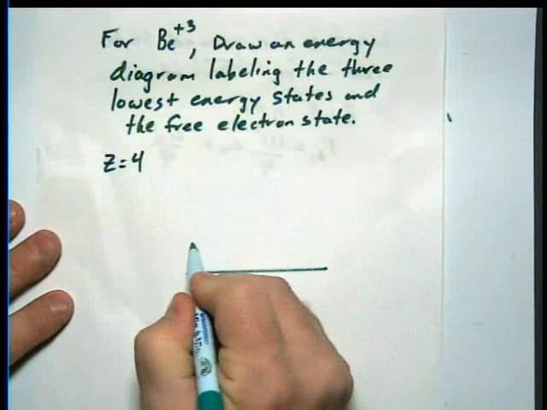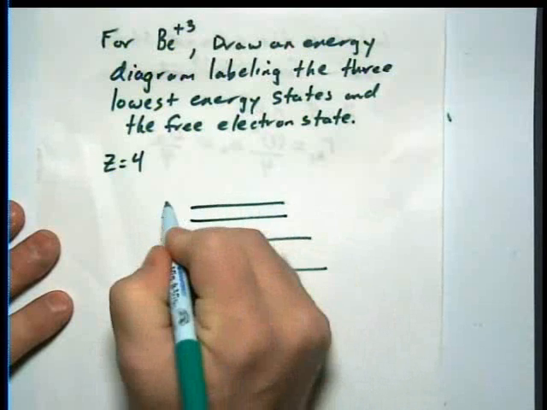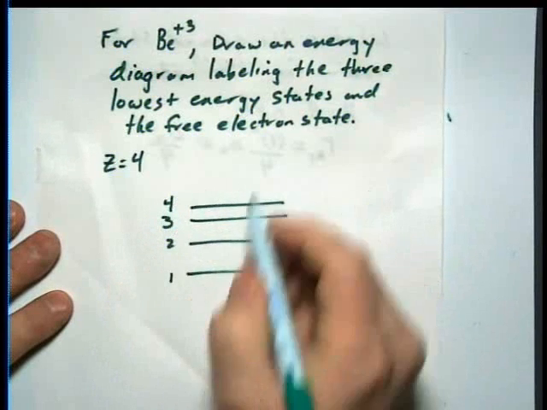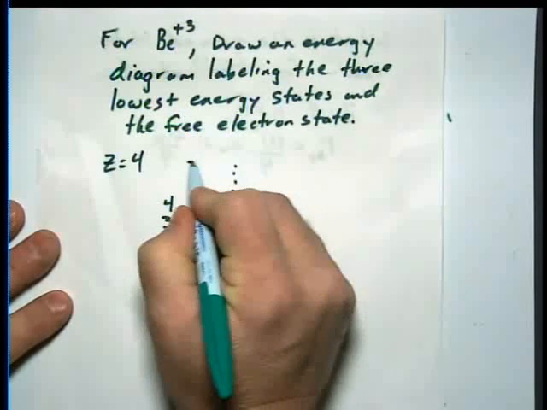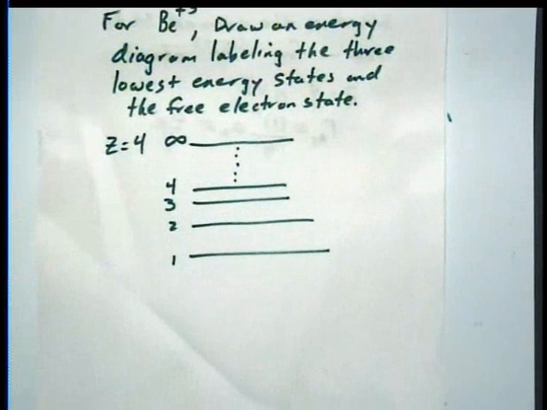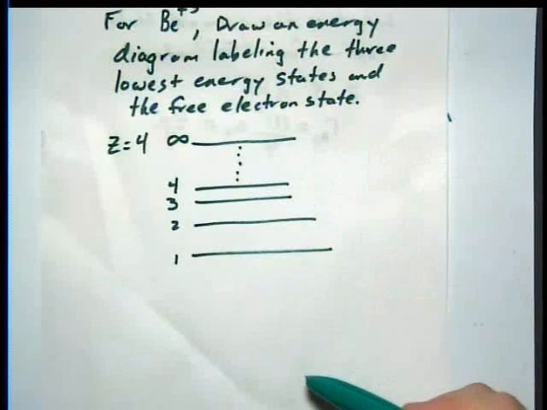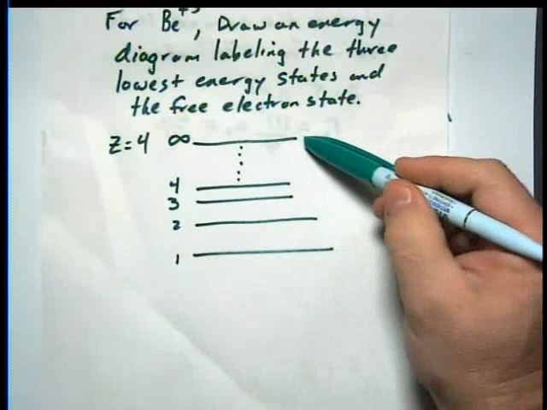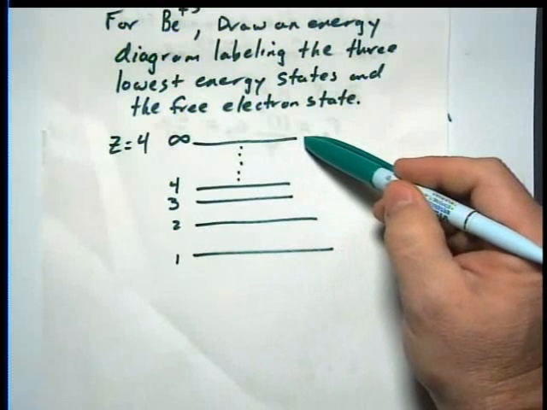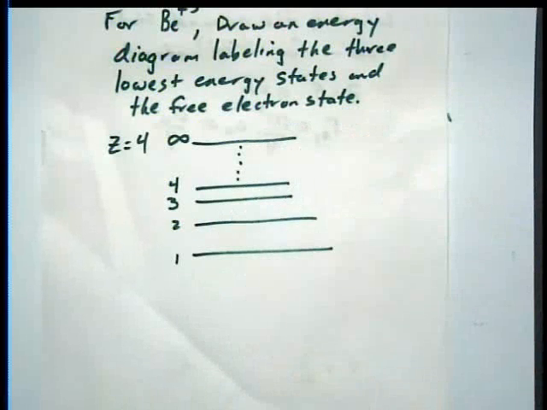I've got a bunch of states. So this is the 1 state, the 2 state, the 3 state, the 4 state. They only asked me to do the 3 lowest. Somewhere up here, the n equals infinity state. That's when you get out of the well. So you've got a certain amount of energies. All these energies are going to be negative because you're in the well. If you get more than enough energy to escape the well and get a positive energy, then you leave. So if I can raise it more than from here to here, I will ionize the atom.